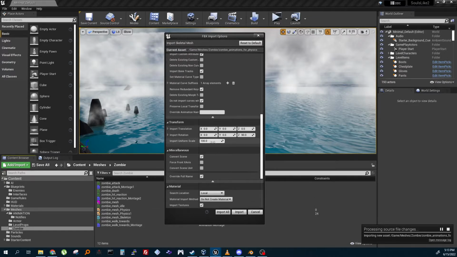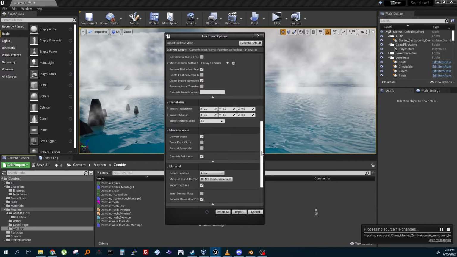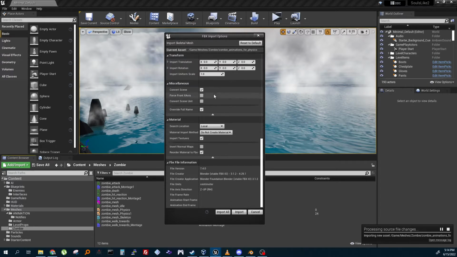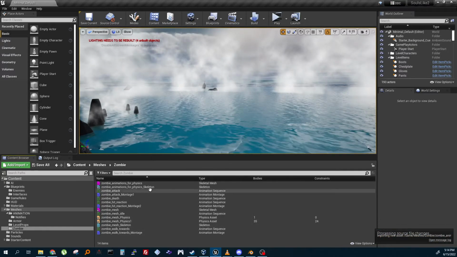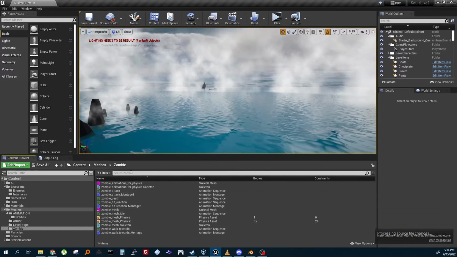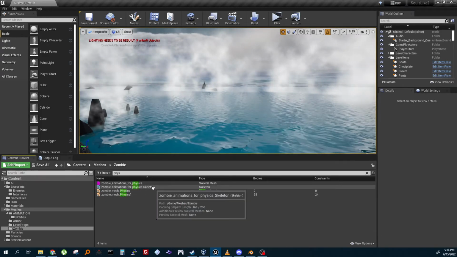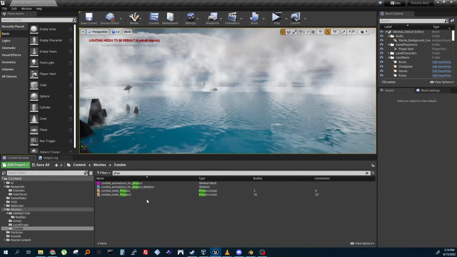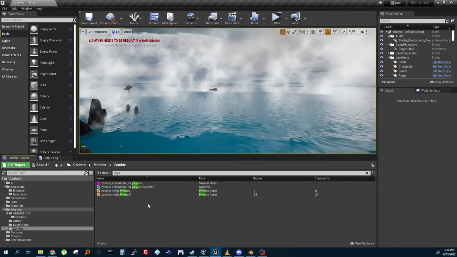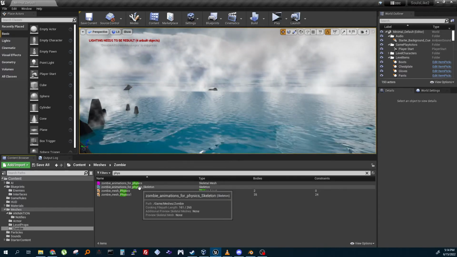Everything else, okay, right. Here I'm going to keep this 1, but this is a setting I was playing with before, and then I'm going to keep import rotation to 0. So we're just importing it the way it was, because theoretically it was set up correctly in Blender. Convert, all right, so that should be fine. Import all. Alright, and now we have our zombie animation for physics. Here's the skeleton. Okay, and it did generate a physics asset, but